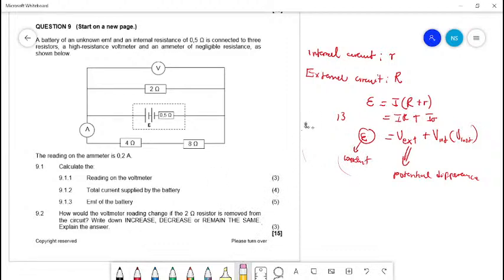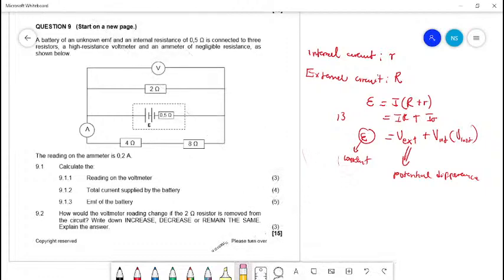And then the rest, you need to remind yourselves of the Kirchhoff's laws, the laws of parallel connections and series connections. You need to remember that in a parallel circuit, current is divided and the voltage remains the same. And in a series circuit, voltage is divided and current remains the same. So that's what you need to remember. And let's see